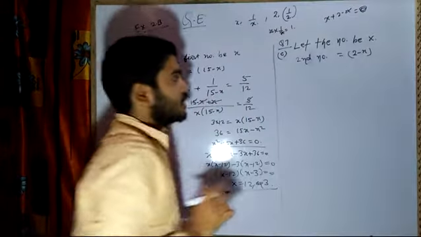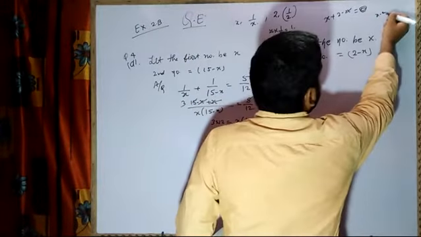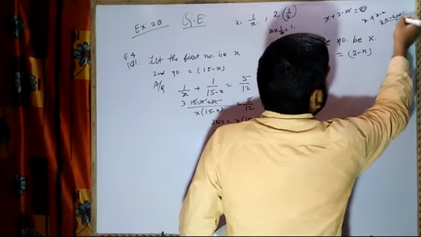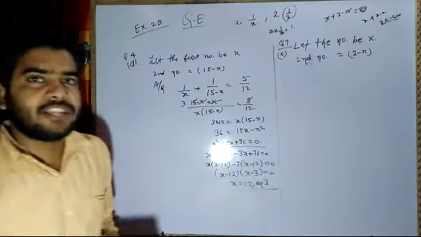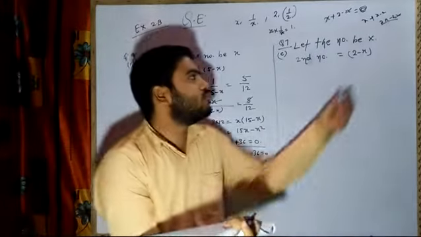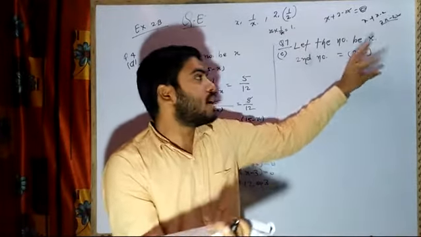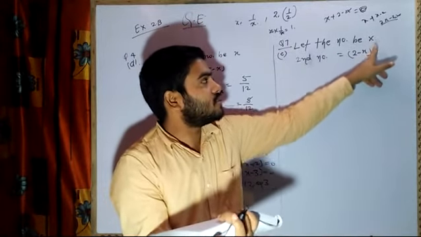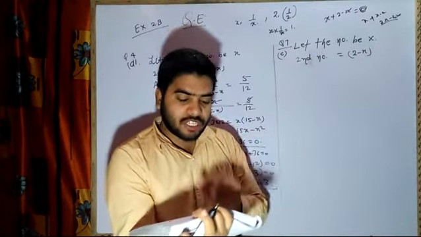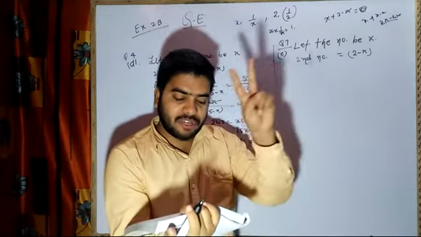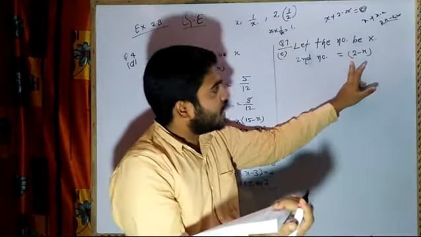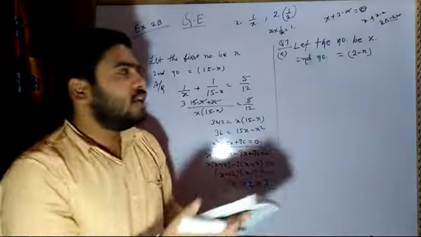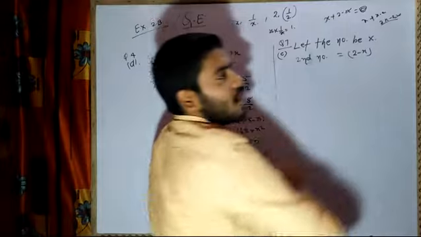As the question says, if I take x minus 2 and add these two, it will become 2x minus 2, which is wrong as per the statement. That is why we have to select such a number whose condition is verified. I have to take 2 minus x, so 2 minus x plus x gives 2, which matches the statement that the sum of two numbers is 2. If I take x minus 2, I will get 2x minus 2 and the statement will not be valid. That is why I have to take 2 minus x here.